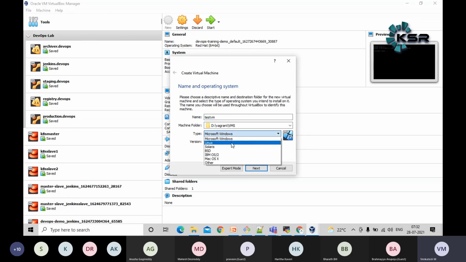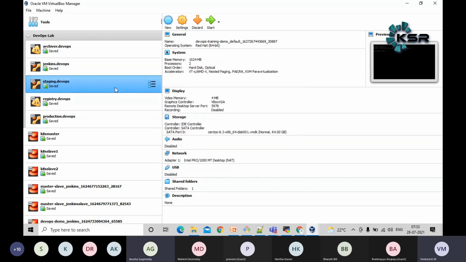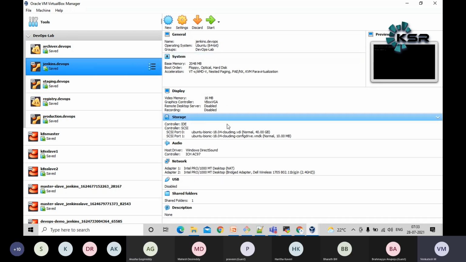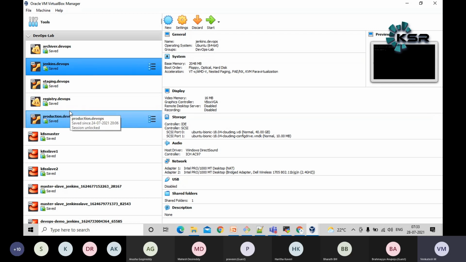Here I have automated using Vagrant. Choose which OS you can install here. A lot of OS versions are there, right? Instead of using VirtualBox directly, I'm using a Vagrant box. That's a separate set of configuration. Using the Vagrant box, I have created all these VMs. Each VM can have a different OS as per my requirement. One machine has Ubuntu, one machine has CentOS, one can be Alpine OS also, anything.